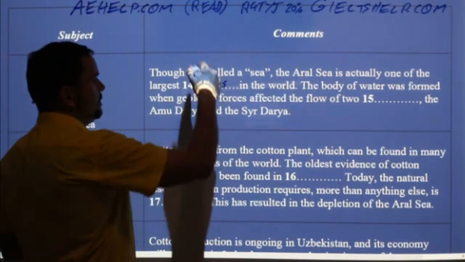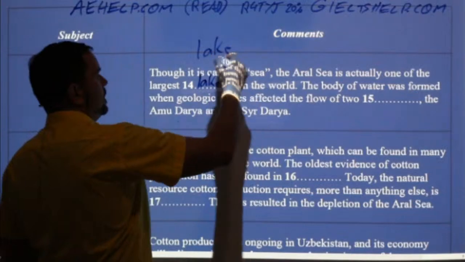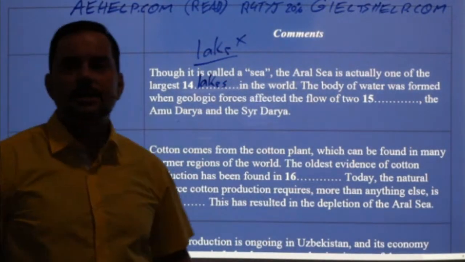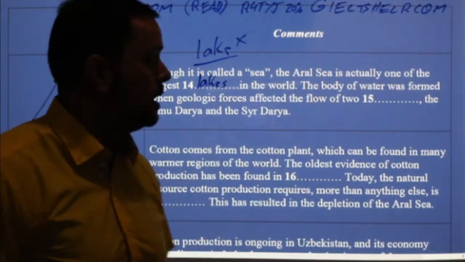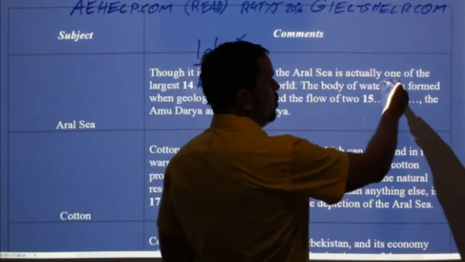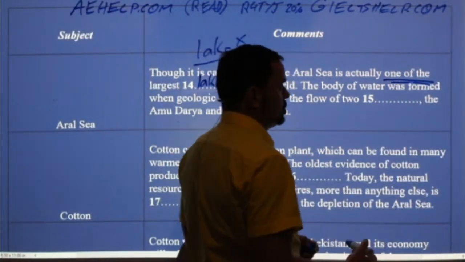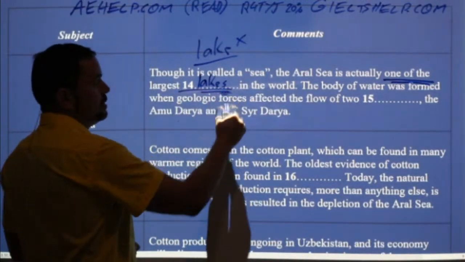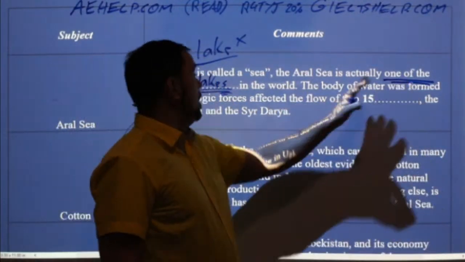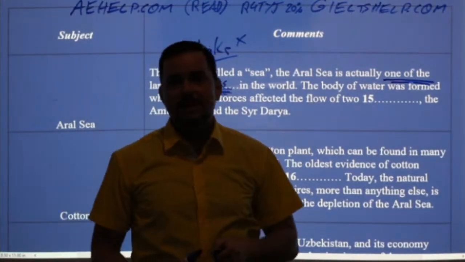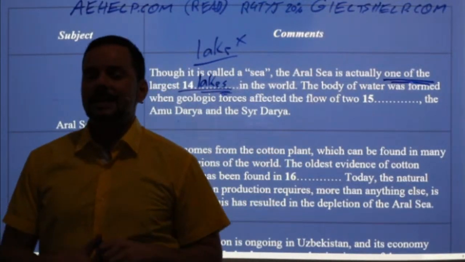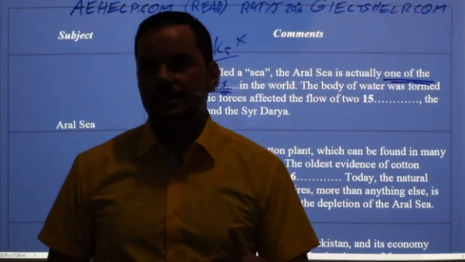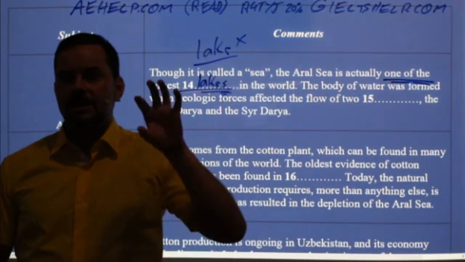Okay, not lake. If you put lake, it's wrong. I see this mistake often in students' writing as well. Whenever you have one of, students, really pay attention to this. It's always one of many, so it's always plural, okay? One of plural. Please remember that, because I see that mistake in writing with students as well, where they say one of singular. It's always one of many because it's one.